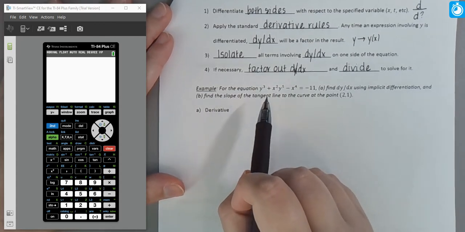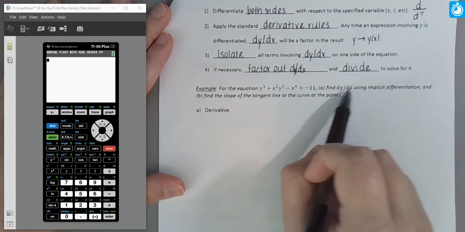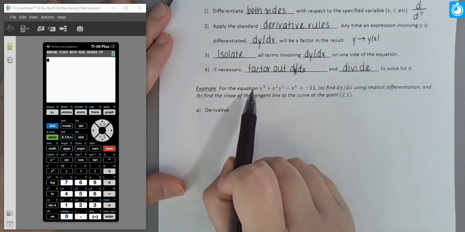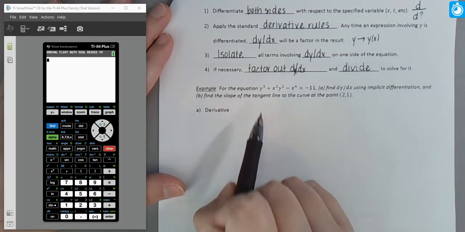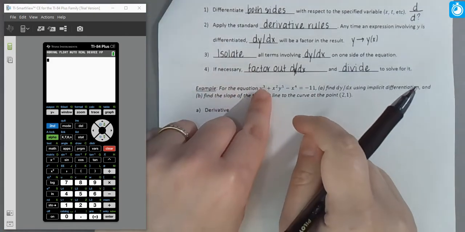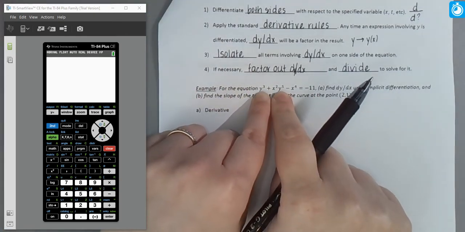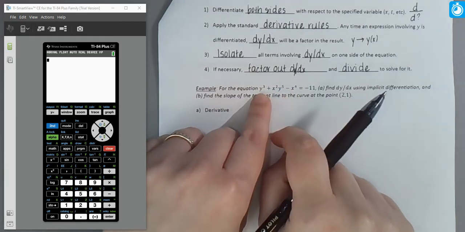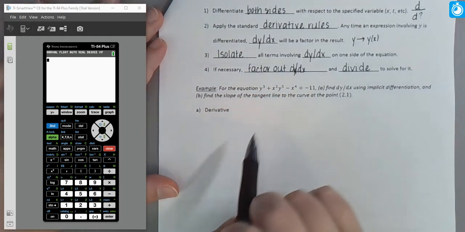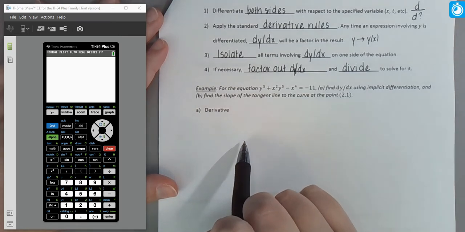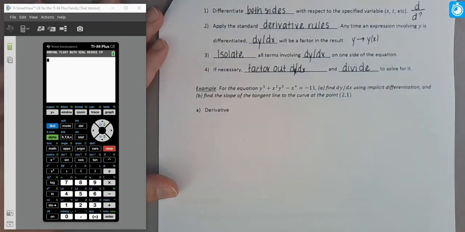Okay. So why would we need implicit differentiation here? Well, the only way you could do this derivative, the derivative of y with respect to x, for something like this, using the normal strategy, is if you could isolate y. Well, notice we have y twice, and we don't have just a single y. We have a y cubed, we have a y to the fifth power. Needless to say, isolating y would be complicated here. And what you'll also find is that even if you can isolate y, typically isolating y is going to result in a very complicated expression for whatever is left over,